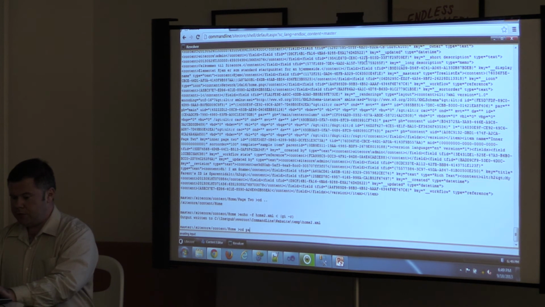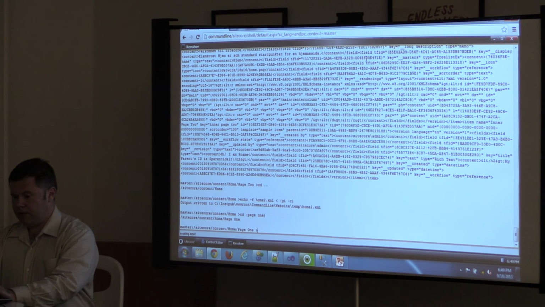Then I'm going to go into, let's say, page 1. Oops. So this is just using the serialization API to do that? No, it predates the serialization API. It's using the database directly to write whatever the API is to write XML format of items. Interesting. Yeah, it might be something custom. There's a blog post where he says, "Oh, now Sitecore's coming out with serialization." Of course, we've been doing that with Revolver for about 6 months now.